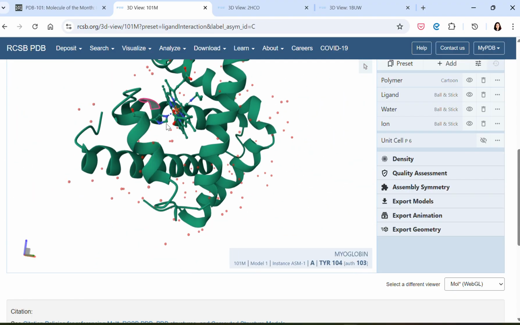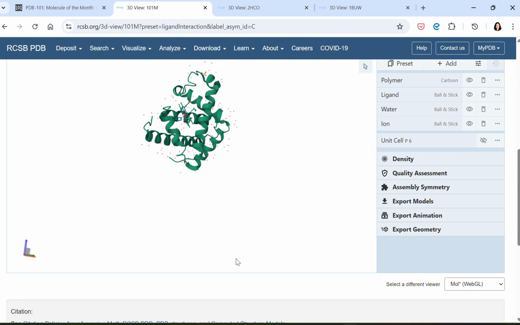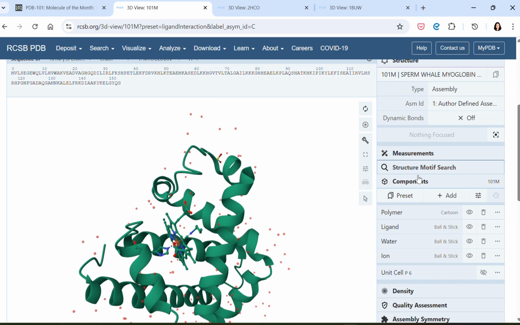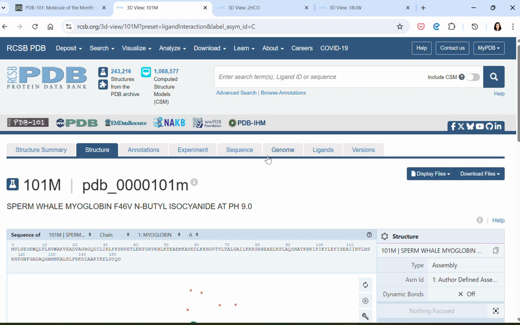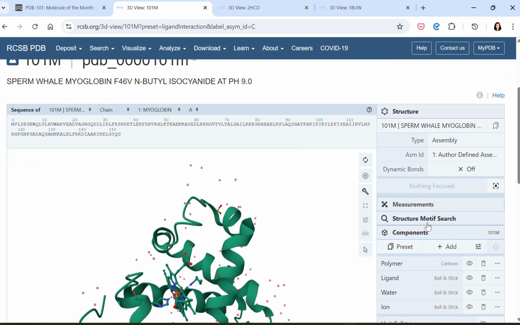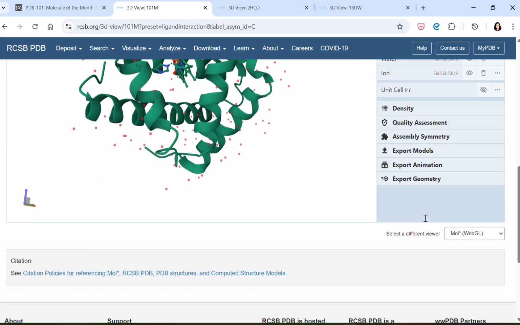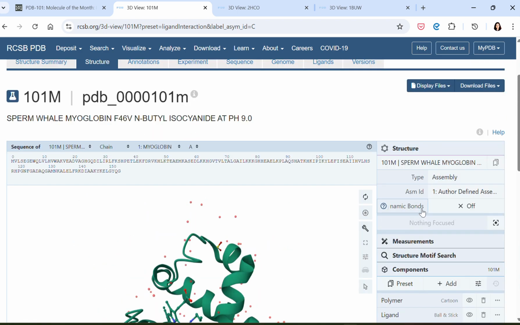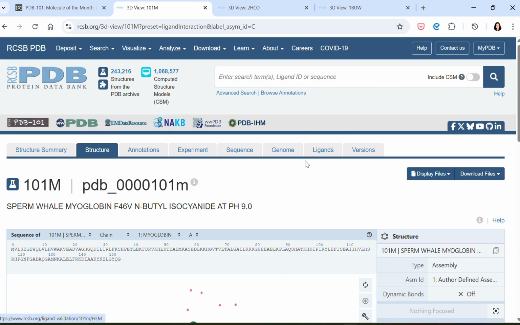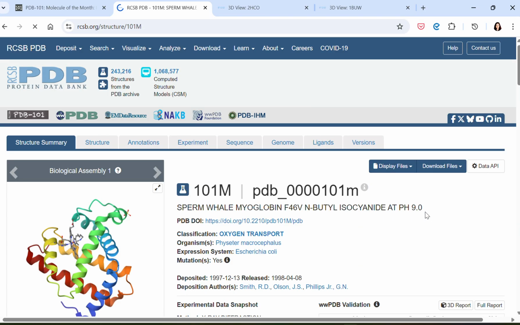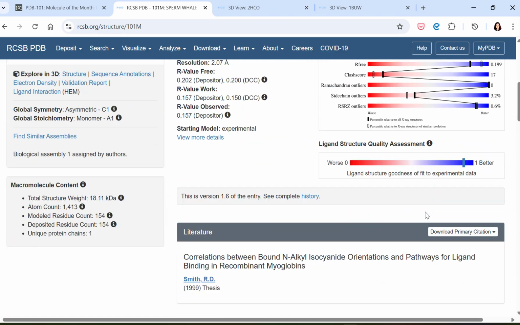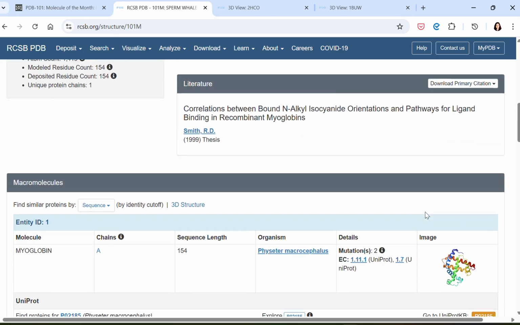Does it show an explanation? No. Okay, there are lots of other components to this database, but obviously I'm not a protein scientist, so we can just look around. This is the opening page, this summary, and